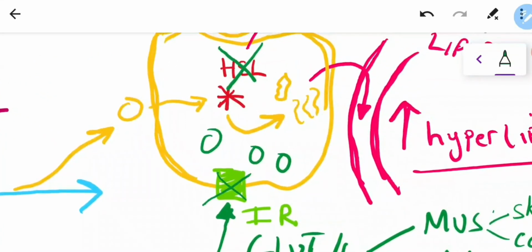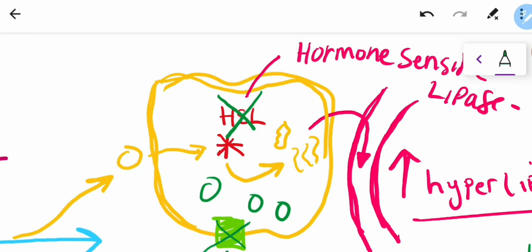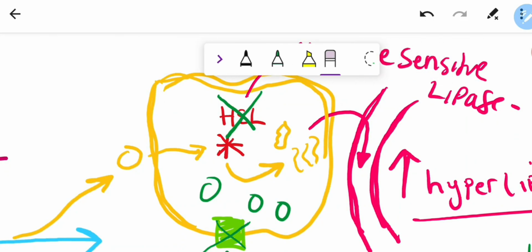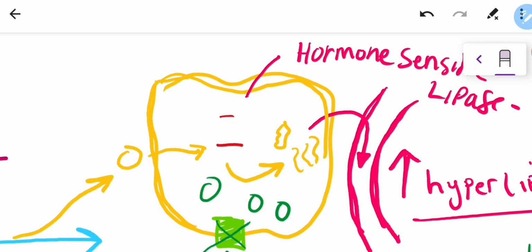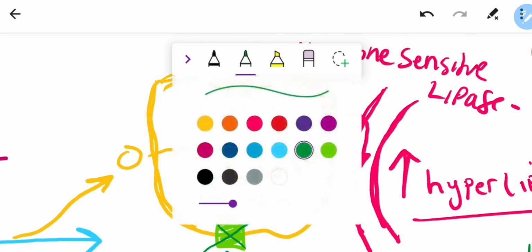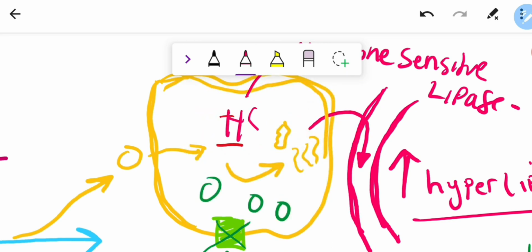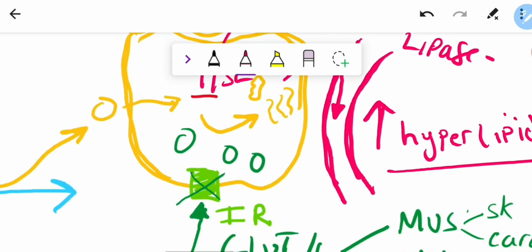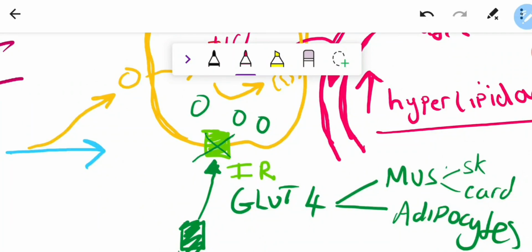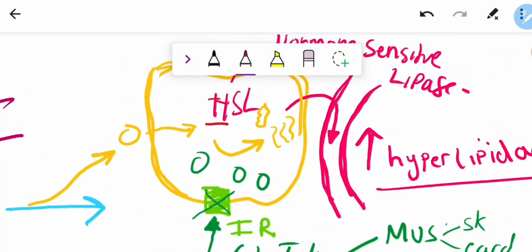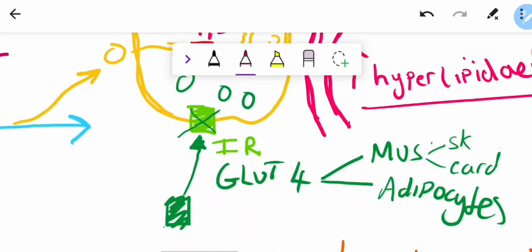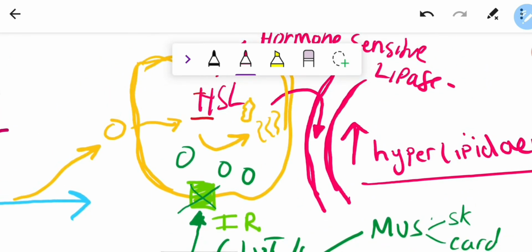And with this resistance, hormone-sensitive lipase is now not going to be inactivated. Hormone-sensitive lipase, okay. Now, since it is activated, because the receptor is now resisting the insulin, these fat globules, as you can see from this orange,